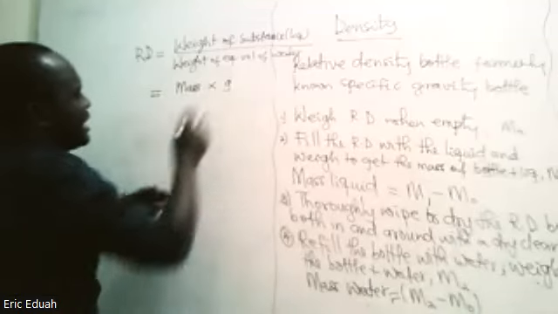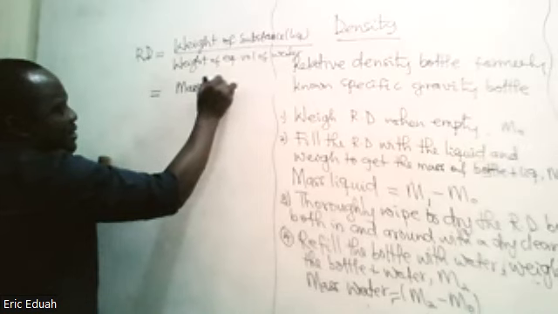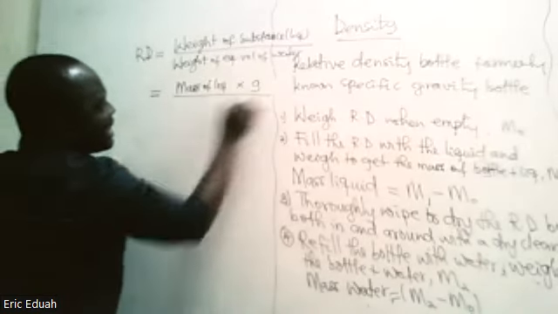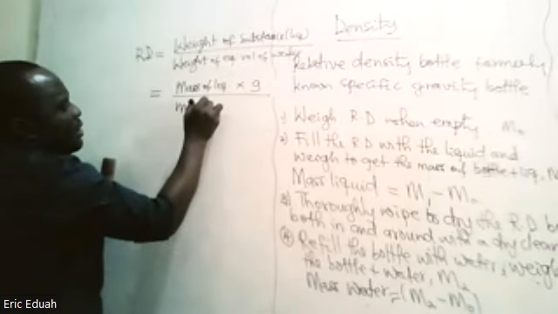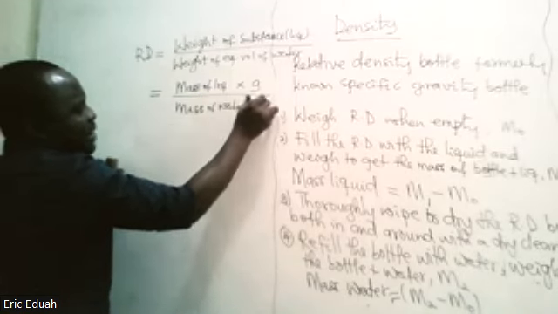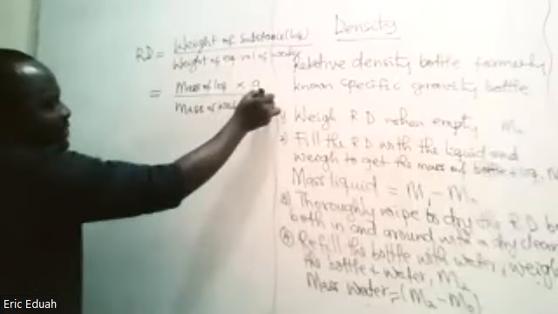So in our case, we have mass of liquid times gravity divided by the mass of water times gravity. But because gravity will cancel out,